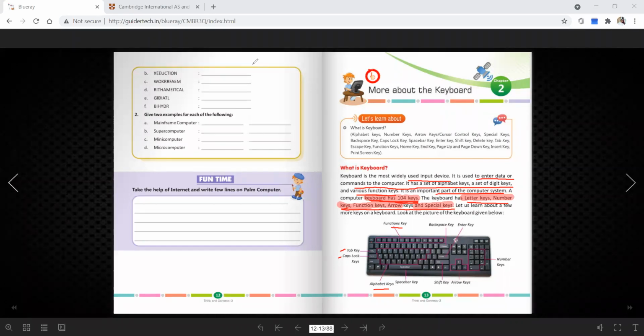Please give a nice reading up to this. Okay, I hope that everyone has done it, and everyone has marked it also.